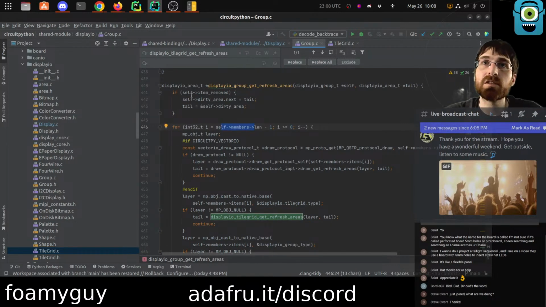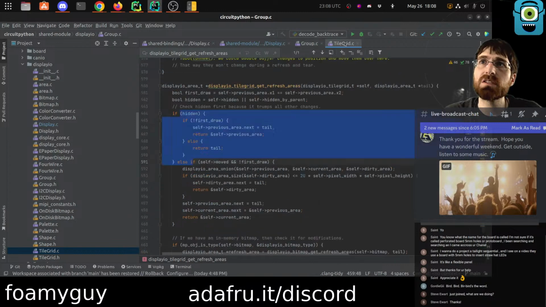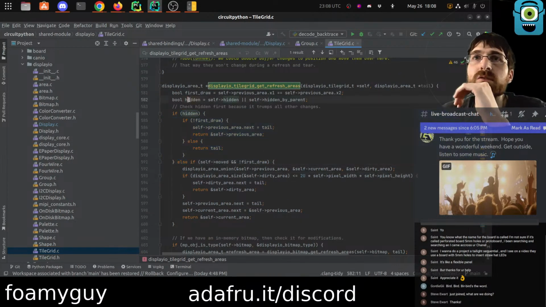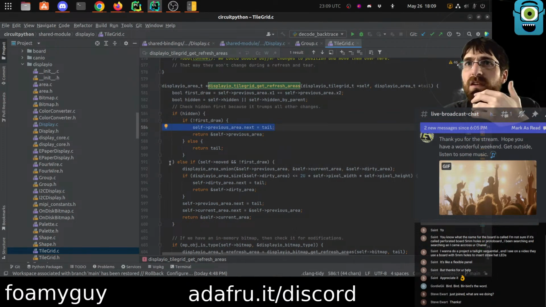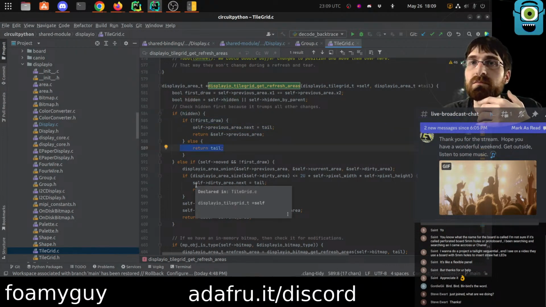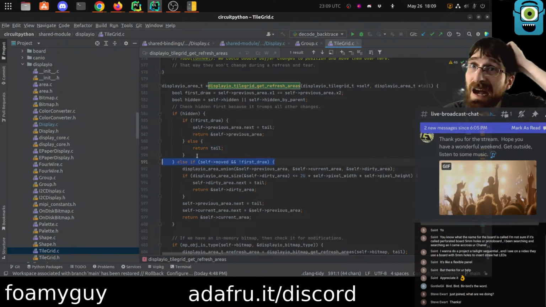But then the other thing is maybe we could be checking outside of here instead of going inside. Let's look. So we go first draw hidden equals self-hidden or hidden by parent. If hidden, if not first draw, previous area next equals tail. Return self previous area, so that's like it's advancing or something, I think. Otherwise, if it is the first draw, then just return tail. Else, if it's not hidden,